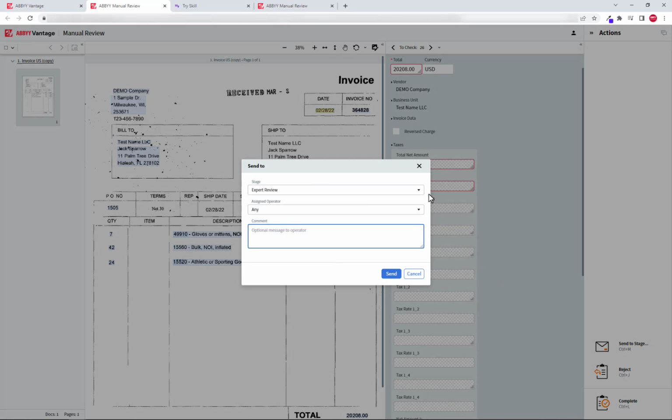After I complete the review, I can forward this task to another stage and to another operator. This is also a new manual review feature. Now you may ask,